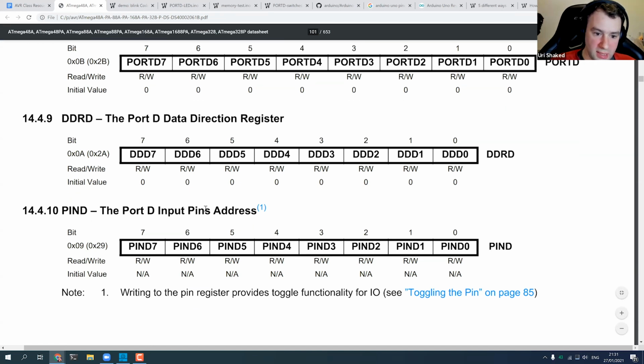It actually says input pins, but we used it to toggle. It also mentions here that writing to the pin register provides toggle functionality for the I/O.